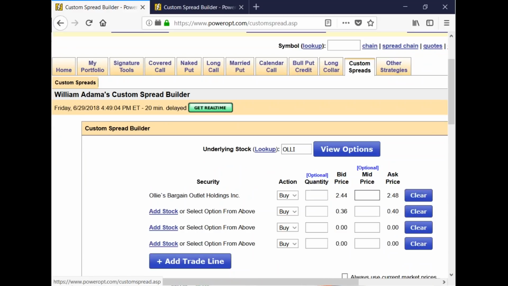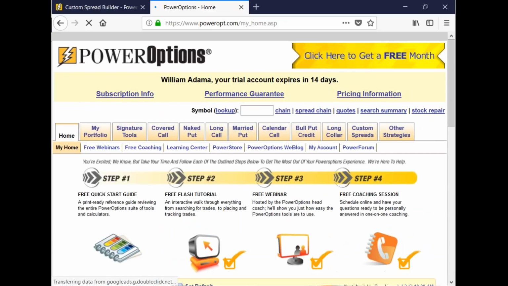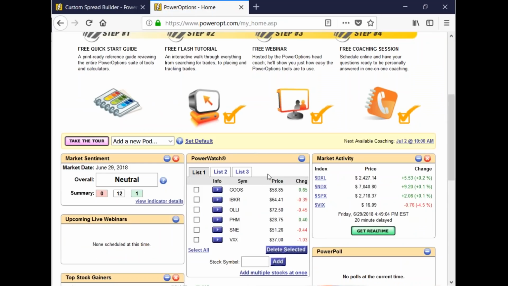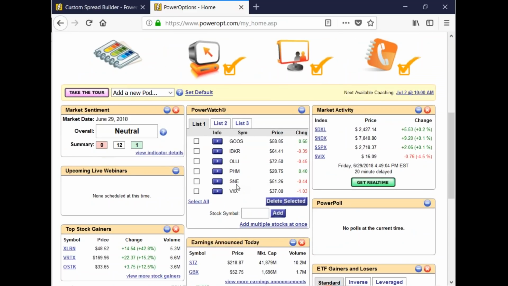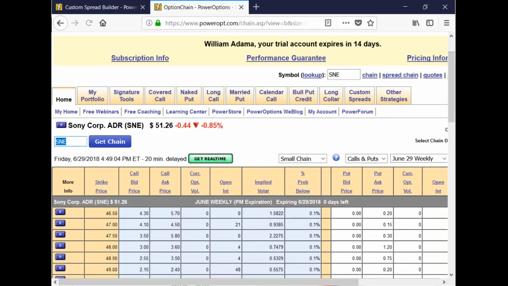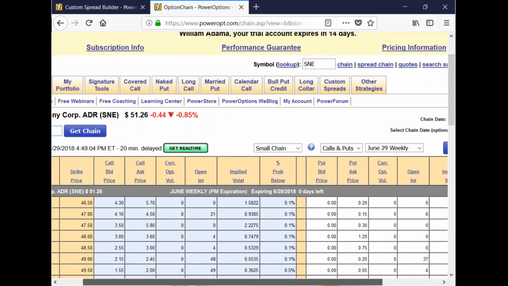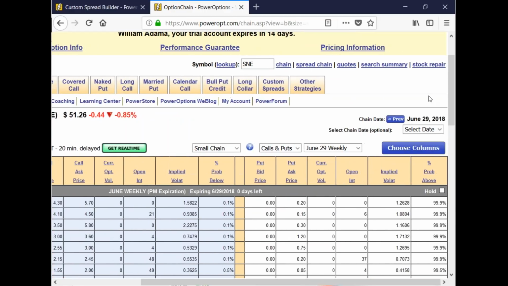Let's say that on Ollie, I had a cost basis of, now that's not a good position. Let me go back one second. Let me go to the home page for a second here. I'm trying to think. Oh, perfect. I'm going to use SNE. I'm in a completely different structure, but I'm looking for a stock that I know has moved the way I wanted to, Fernando, in the past couple of weeks. So let's go to the chain for SNE. Currently at 51.26, was up to almost 51.67 the other day, but it's been as low as 48.50 in the past couple of weeks.